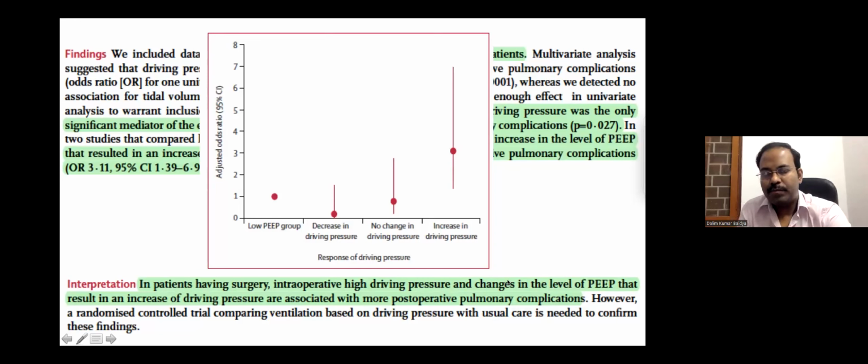Previously we just knew that we want a PEEP at which oxygenation will be very good but will not cause bradycardia or hypotension. But that is a very crude way of assessing the PEEP. You cannot titrate PEEP minutely on the basis of this data, because over a wide range of PEEP the oxygenation may be similar, but you will not be sure what changes are occurring in the respiratory mechanics at the level of the alveoli. So this change in lung mechanics, in the form of change in compliance or driving pressure, gives us a reasonably good amount of knowledge on that.